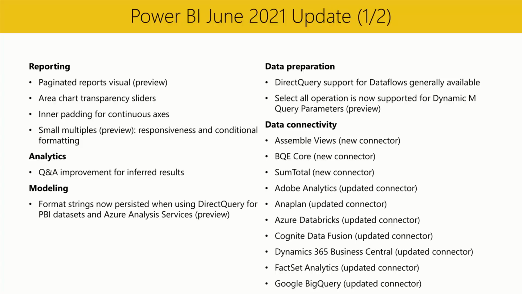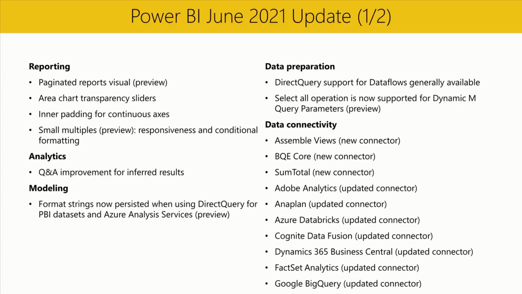First, we're excited to announce that data query support for Power BI data flows is now generally available. You can now connect directly to a data flow without needing to import the data into a dataset. This can be useful in a number of scenarios, including working with big data flows, decreasing orchestration needs, serving data to customers in a managed performant way, and not duplicating data between a data flow and a dataset. To use this capability, toggle the Enhanced Compute Engine to On in data flow settings, and then refresh the data flow before it can be consumed in data query mode.